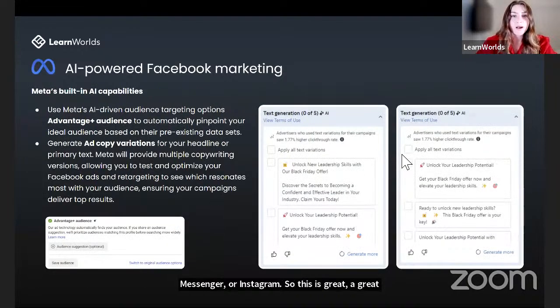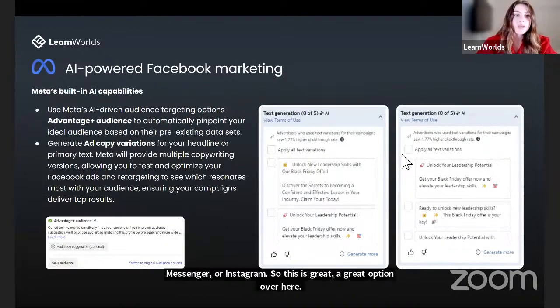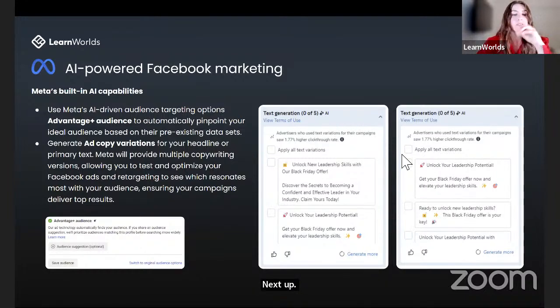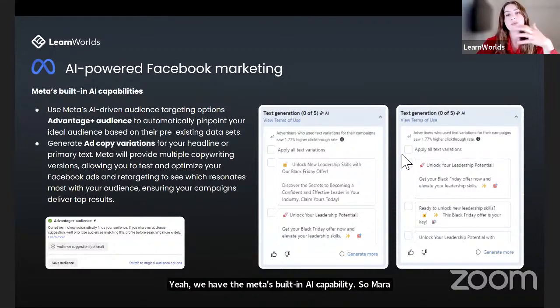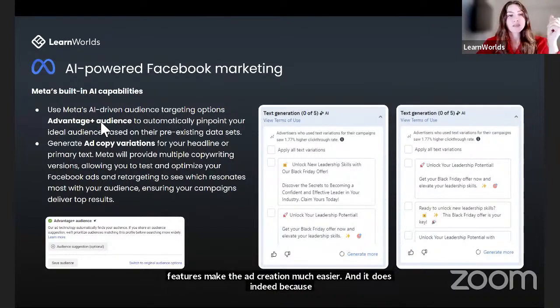Next up, we have Meta's built-in AI capabilities. Mari Smith in her speech also highlighted just how Meta's AI features make ad creation much easier. And it does indeed, because one of the most powerful tools is Advantage+ audience.